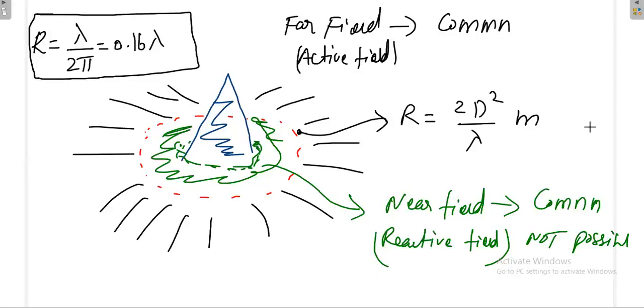Whenever you are given the dimensions of the antenna and everything, you can use the earlier formula. When you do not have that information, and you are given only lambda, then you have to use this formula. I will tell you later how this formula comes about. Is 1 by 2 pi, 0.16, correct or not? Anybody? Yes, sir, correct. Okay, 0.16 is correct. So with this, I will